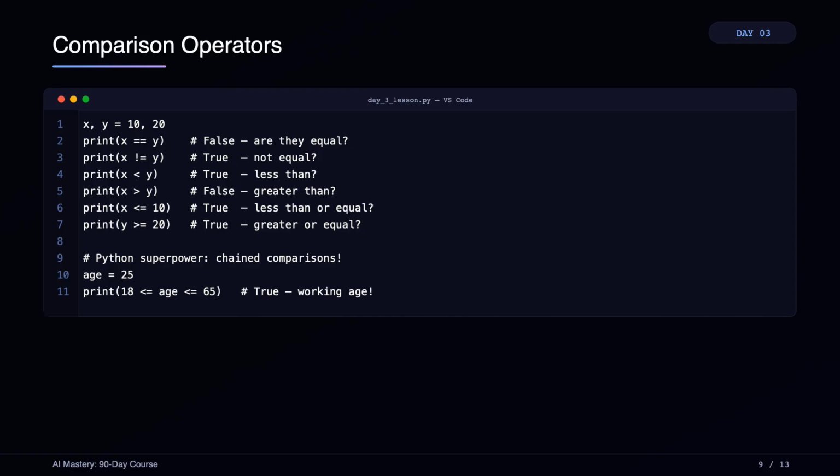Now here is where Python shows off one of its most elegant features that most other programming languages do not have, chained comparisons. In mathematics, you can write 18 is less than or equal to age, which is less than or equal to 65 as a single expression, and it reads naturally. Python lets you do exactly the same thing in code. Writing 18 <= age <= 65 works perfectly in Python, and it means age is between 18 and 65, inclusive. In languages like Java or JavaScript, you would have to write age >= 18 and age <= 65